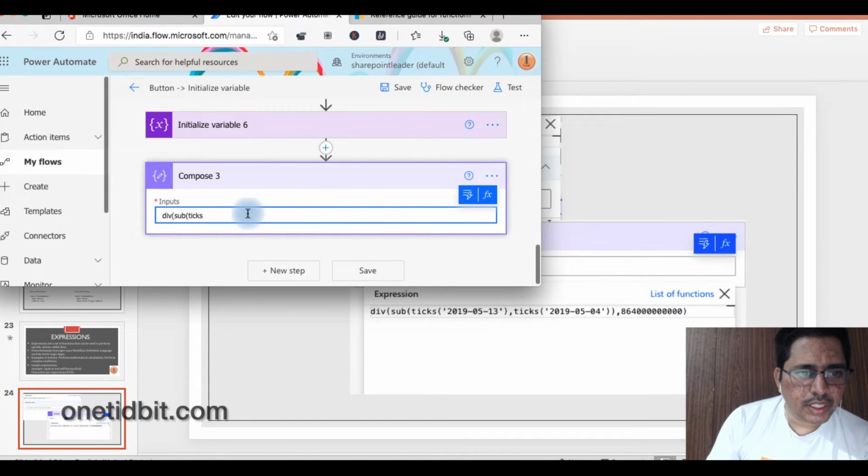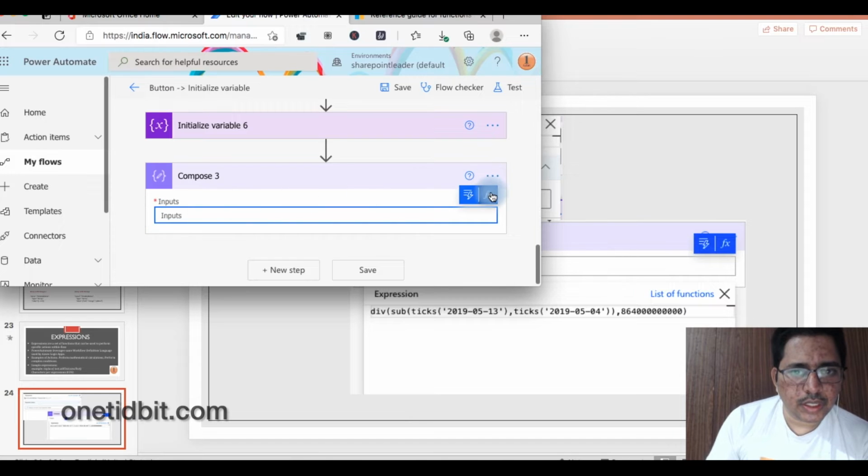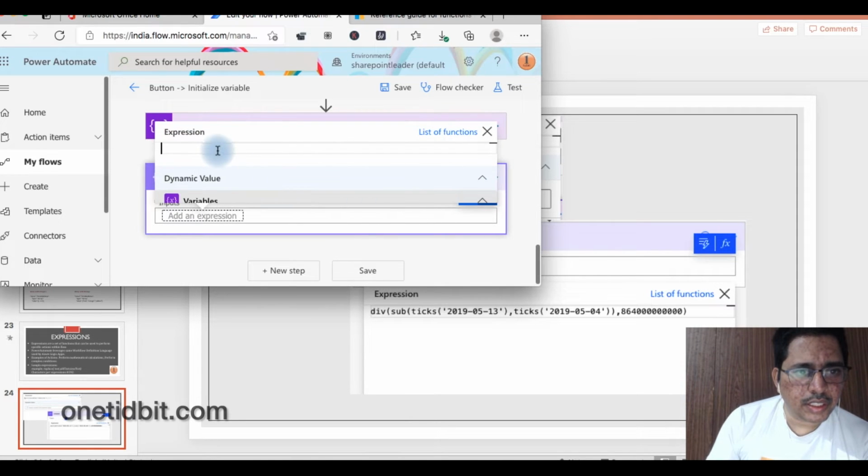This we must write in the expression here. So you click fx, and here in the expression you write this: ticks of 2020, comma, 05, comma, 13. Okay, now comma again ticks, and again the same thing,